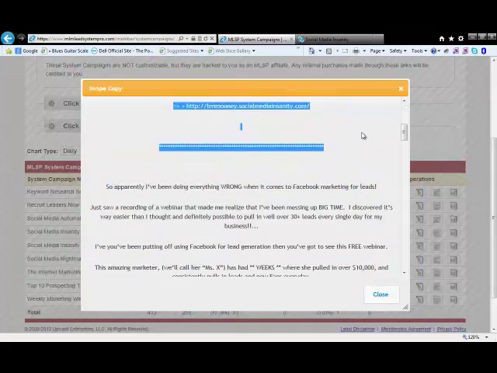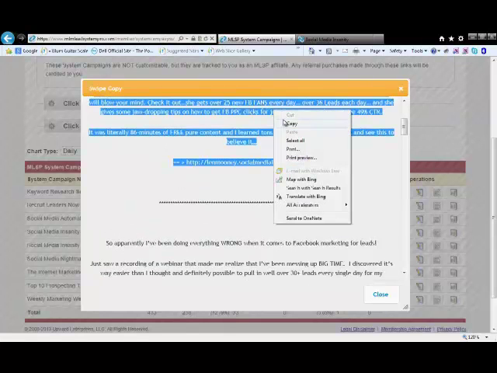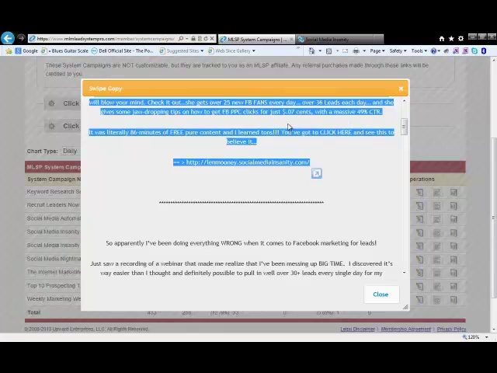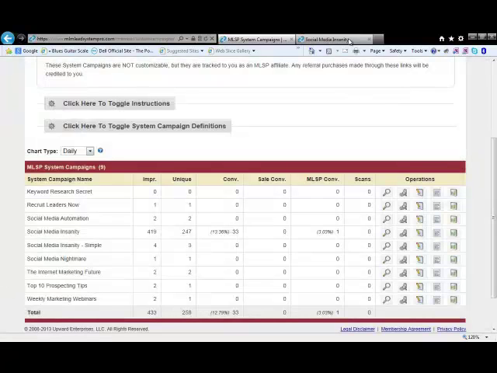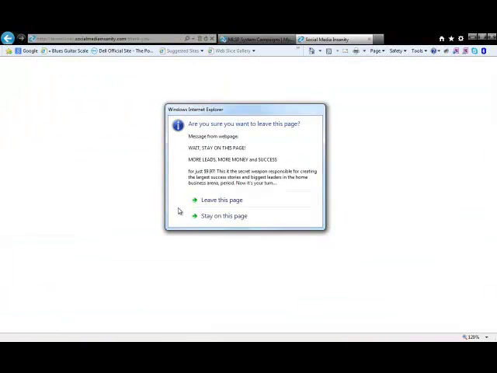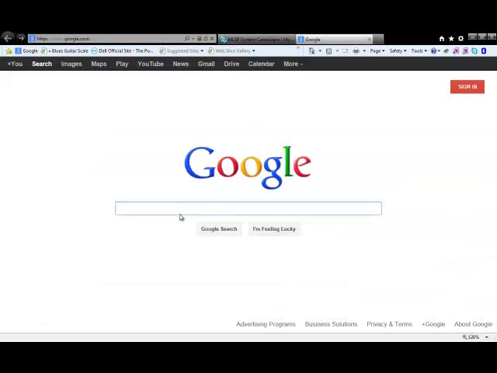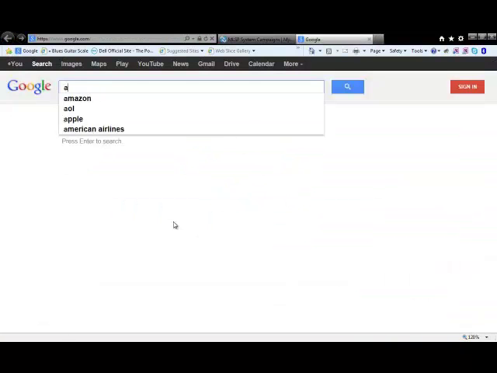And we're just going to scroll on down here, and we're going to grab that swipe copy. So I'm just going to copy it. So there you have it. We have our swipe copy, and we are now ready to go over to Facebook. And what I'm going to do with this is, let me close that. Yeah, I want to leave the page. What I'm going to do with it is just create a